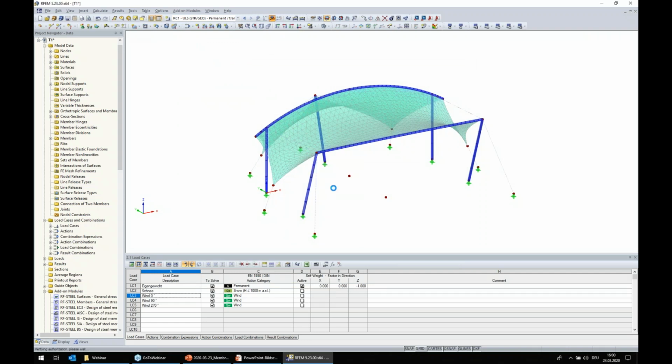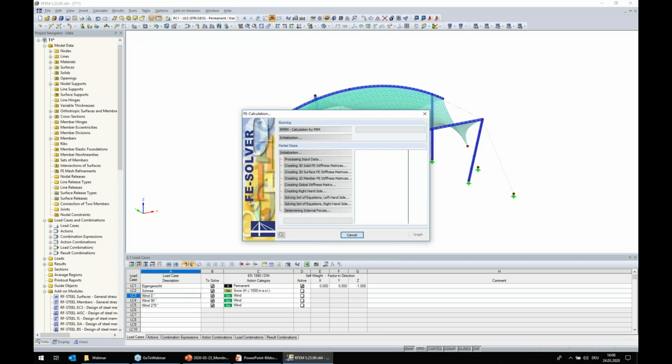For the design step, we need forces, and these forces are prepared in this result combination 1, which leads, when I calculate this, to a separate calculation of 8 different load combinations, which I just showed you. This I just run, and you see that the program converges here. It converges because the elements cables and membrane react nonlinear. They can't take